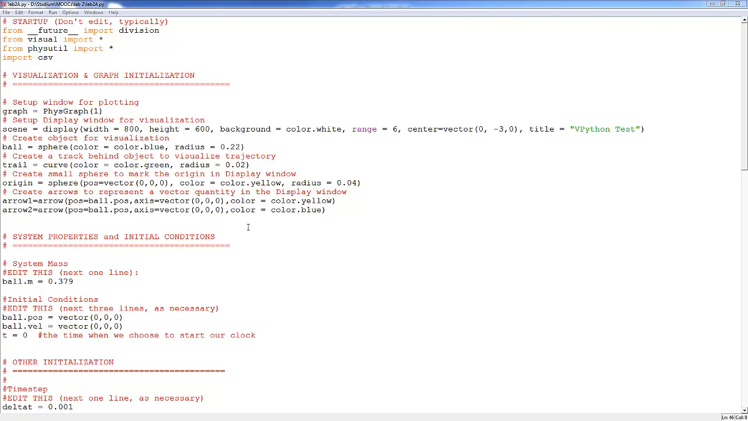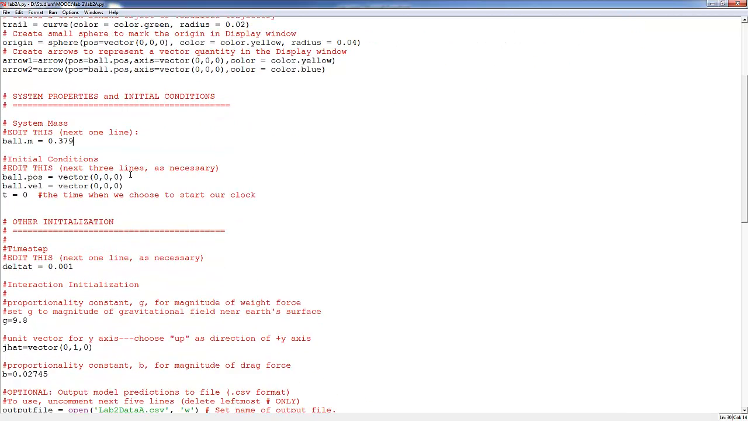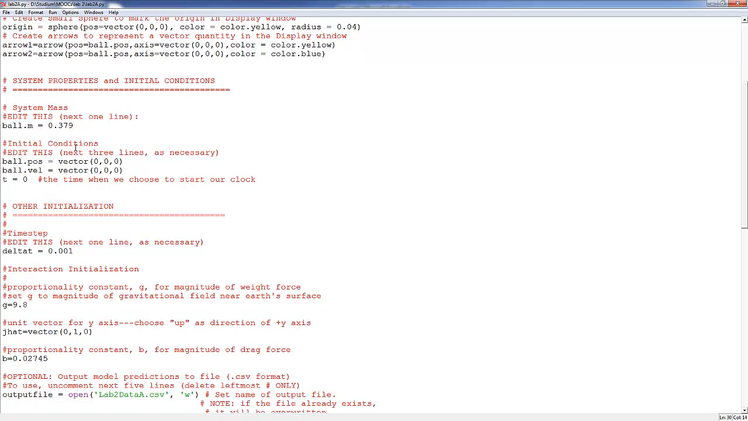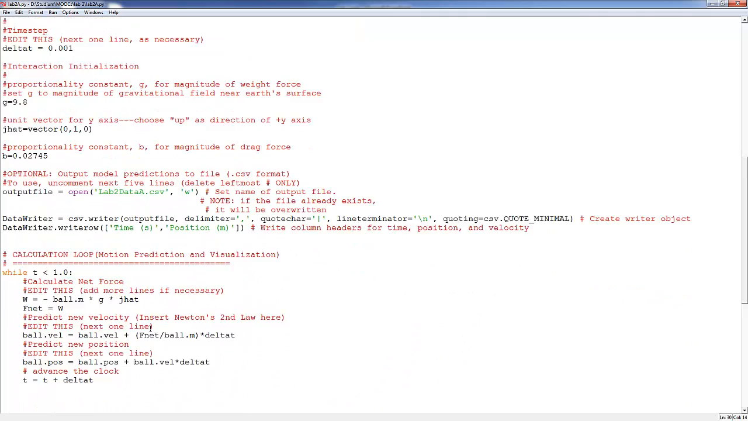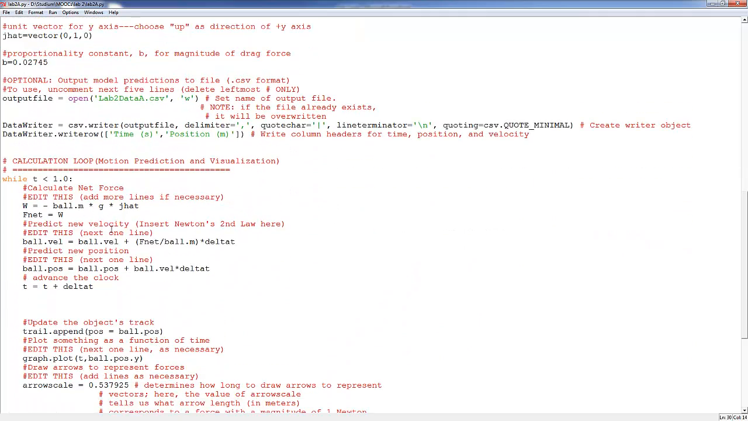This model was then implemented with Python. In the code, first the initial values and parameters are defined. Here the vector j hat is used to denote the direction of the gravitational force, which points in the negative y-axis. Then in the main loop of the program the net force is calculated by calculating the gravitational force on